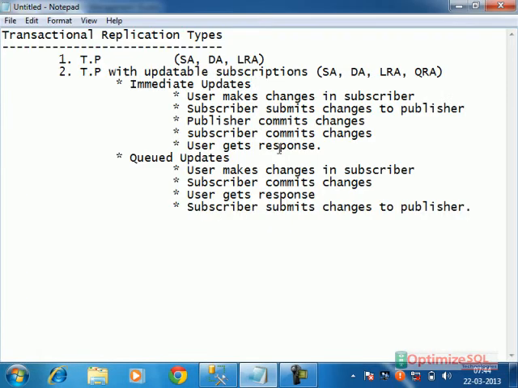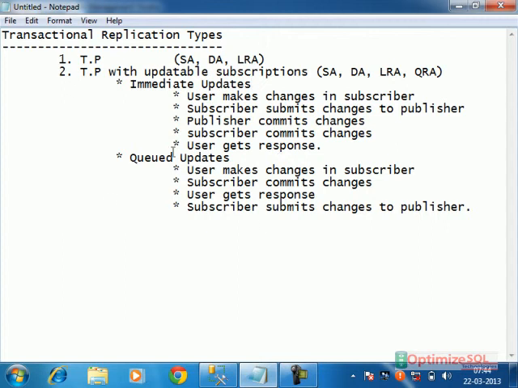That's why changes can be made at both sides here with updatable subscriptions. Changes are taken from the subscriber to the publisher by which agent? Queue reader agent, with the help of the MSDTC service.